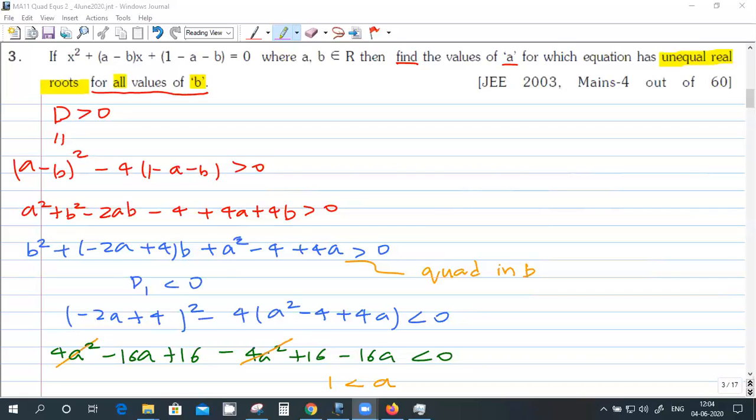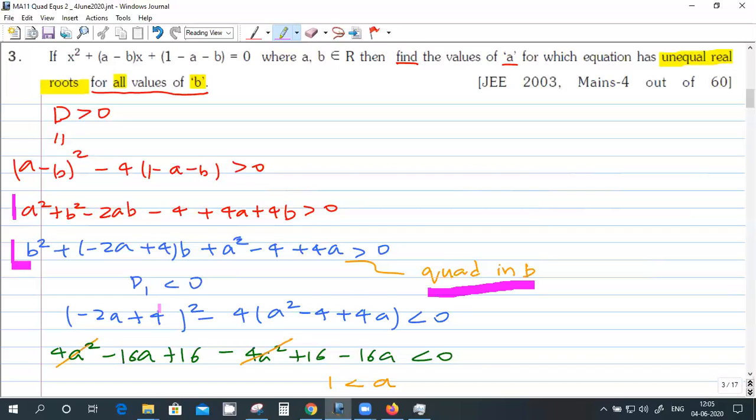You have to find the values of A. Greater than 0, you got this equation, right? So this is involving A and B. This you can write as a quadratic in B. So I'm writing quadratic in A, not B. No, see, that's what I'm saying. This thing should be satisfied for all values of B, so you have to find if there is any restriction on the values of B. If you consider the quadratic in B, since this is greater than 0, the discriminant should be negative because the coefficient here is positive.